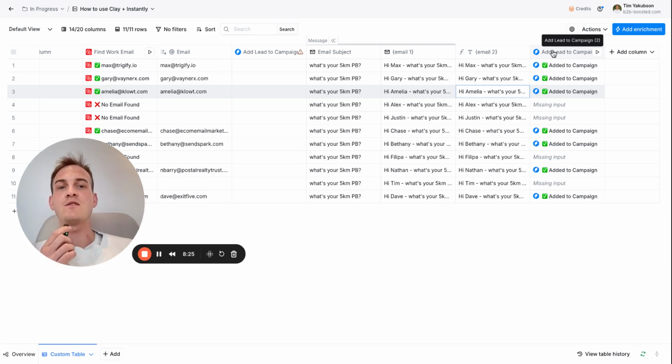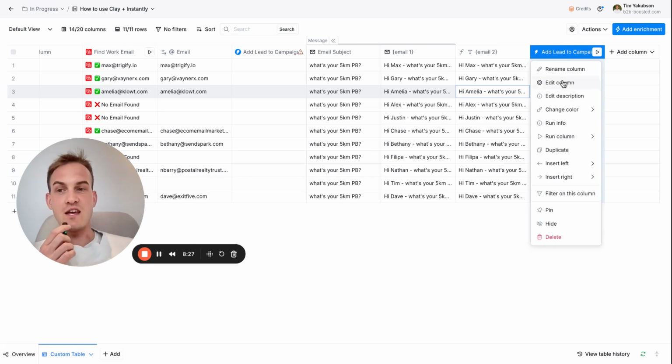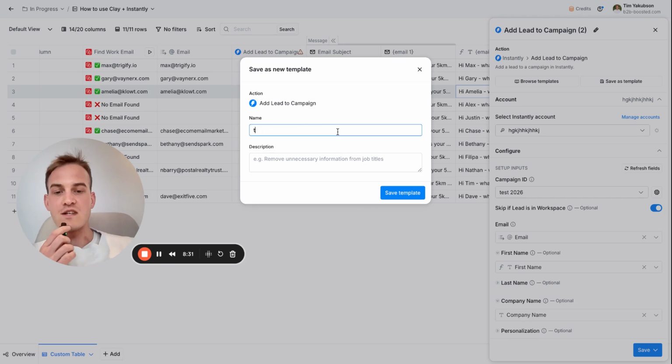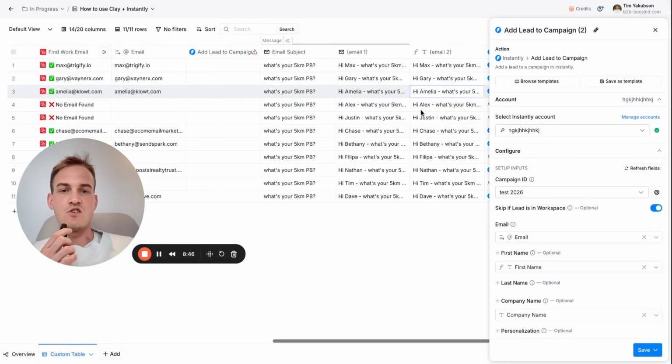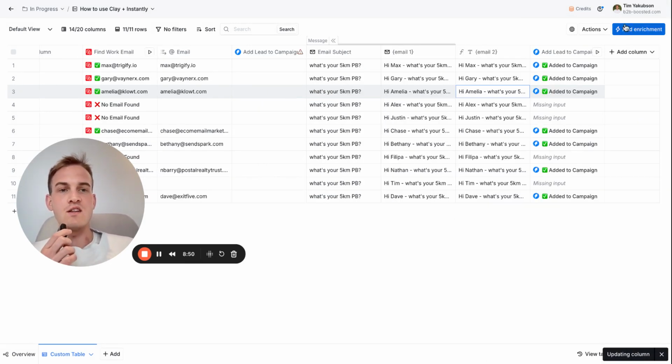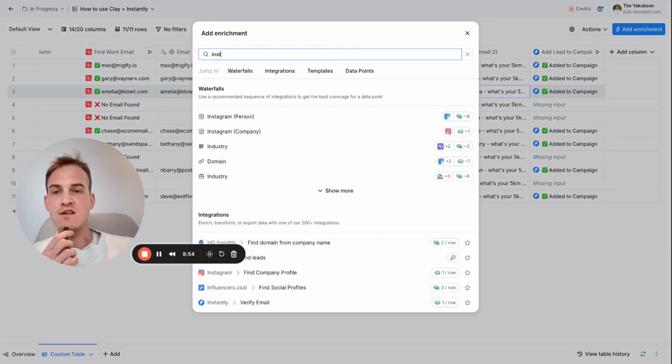And the way you'll do that is by going back into Clay. Inside of Clay, you'll click on Edit Column. You'll save this as a template, and you'll call this template whatever, like add lead to Instantly. Obviously, don't misspell it because, yeah, grammar is everything. And then at that moment in time, what you will basically be doing is just saving this as a template so that next time you try and add the leads to a campaign, all you have to do is click on Add Enrichment, type in Instantly again,